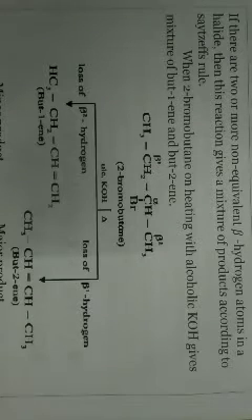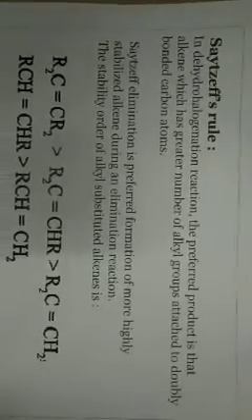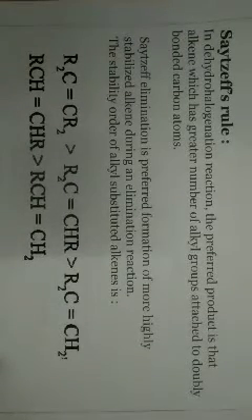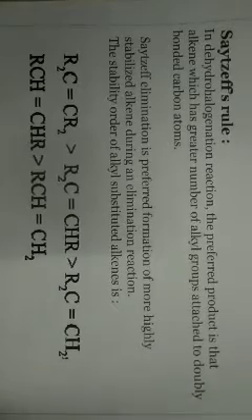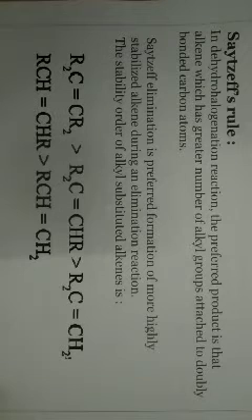In this case, we are getting the major product as but-2-ene, CH3, CH double bond CH, CH3. And this product is according to Saytzeff's rule. What then is Saytzeff's rule? Saytzeff's rule says that when such a possibility is there, that is there are two non-equivalent carbons, then we have to remove the hydrogen atom from that carbon which carries the lesser number of hydrogens. So in the dehydrohalogenation reaction, the preferred product is that alkene which has the greater number of alkyl groups attached to the doubly bonded carbon atoms. Okay.